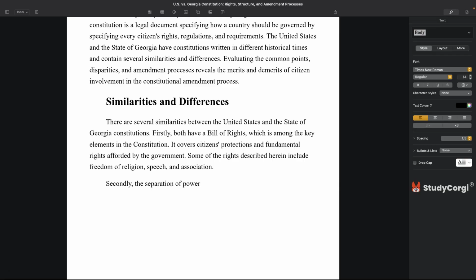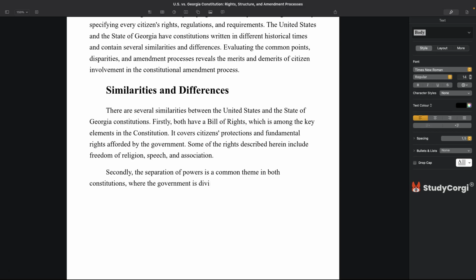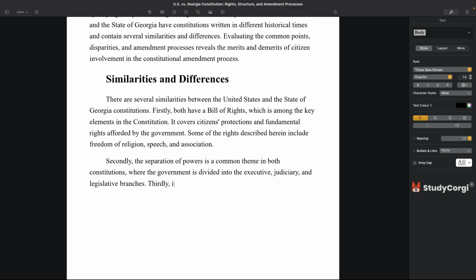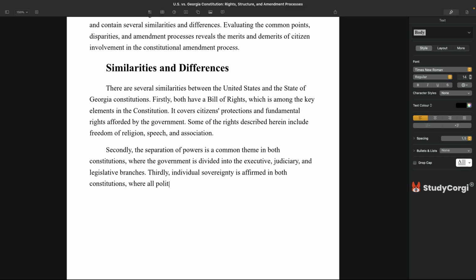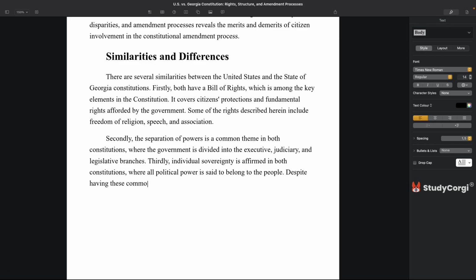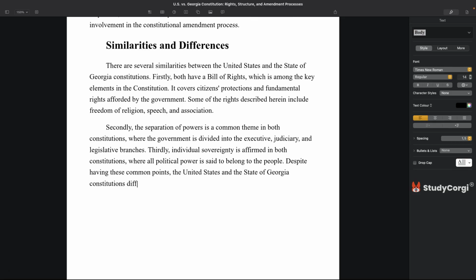Secondly, the separation of powers is a common theme in both constitutions, where the government is divided into the executive, judiciary, and legislative branches. Thirdly, individual sovereignty is affirmed in both constitutions, where all political power is said to belong to the people. Despite having these common points, the United States and the state of Georgia constitutions differ in various